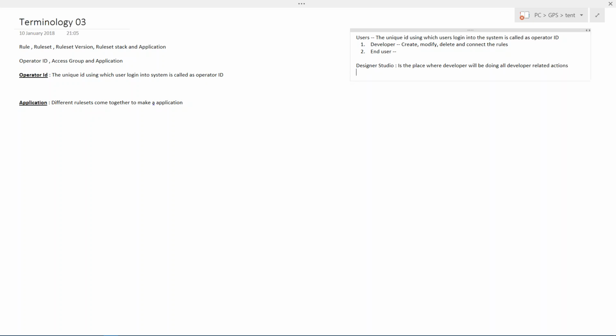Okay, so what is the end user portal going to be? The end user portal is called the case worker portal. Why is this called the case worker? We will see after some seven or eight classes, because we have to discuss a concept called case. Okay, case worker portal. This is the place where